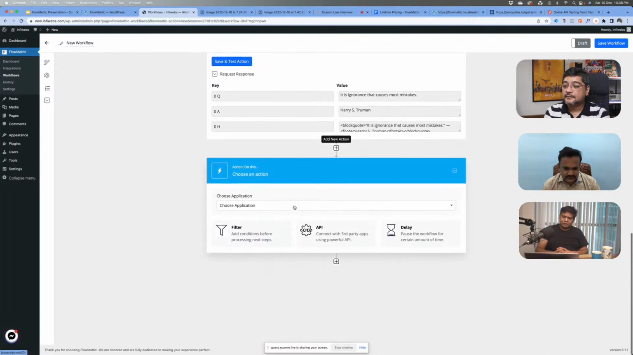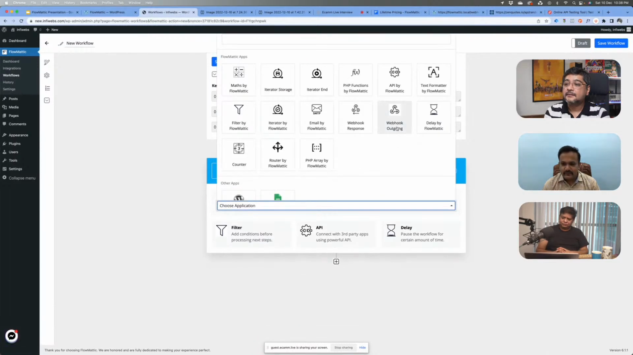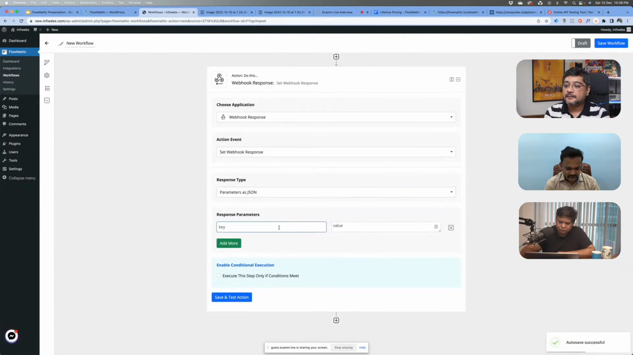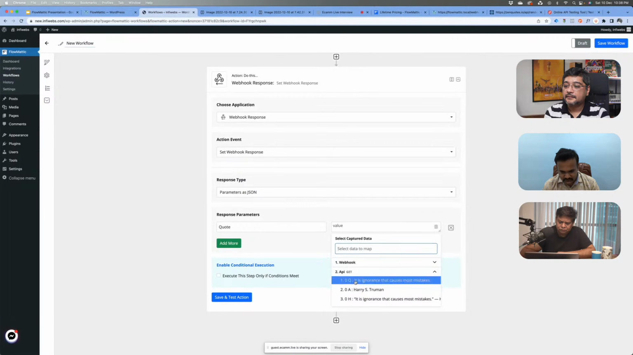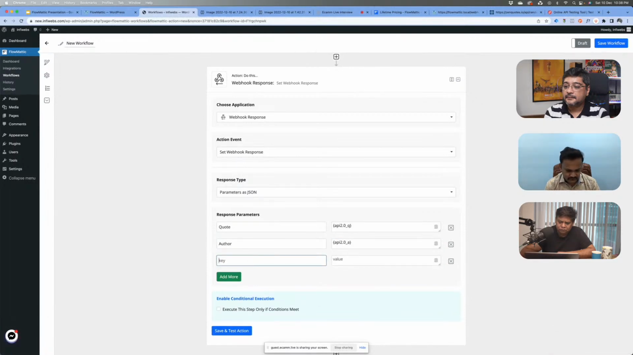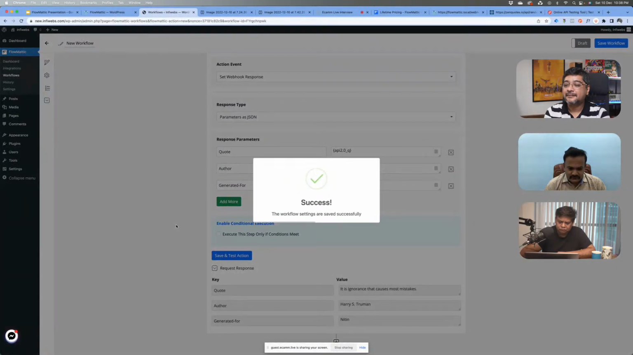What we want is to send this code back to the user. So we will use the webhook response module over here, set webhook response, and I will send this as a parameterized JSON. So it is a code. I will just pick up the code here, author of the code, and the code is generated for it. Okay, I'll just save and test it